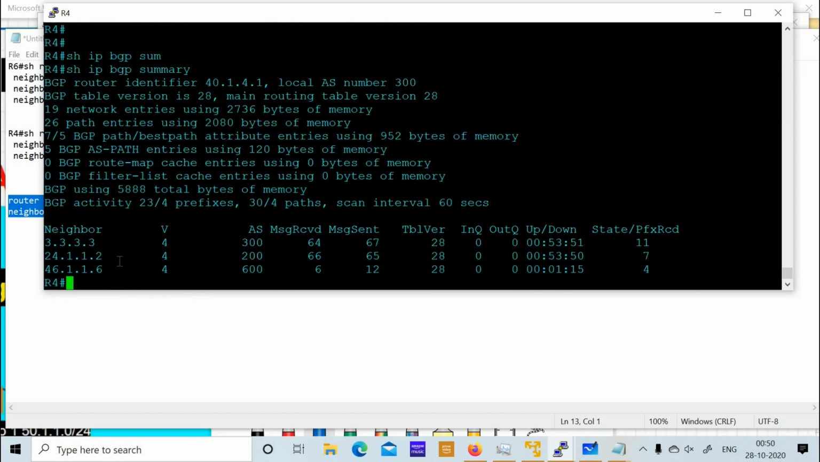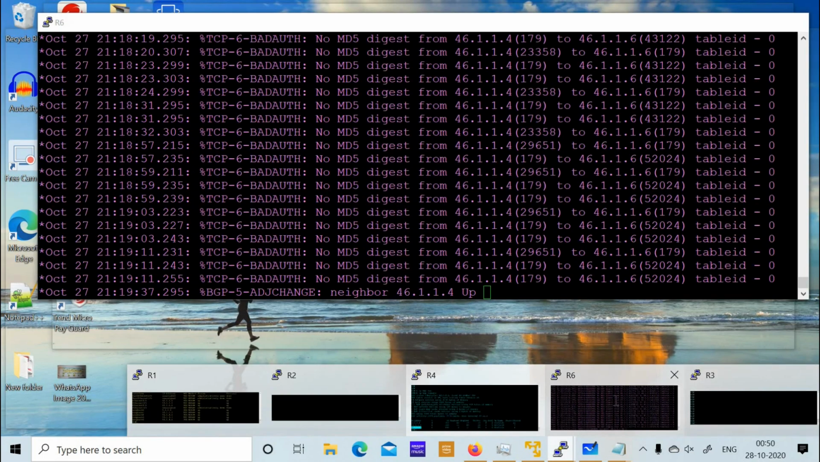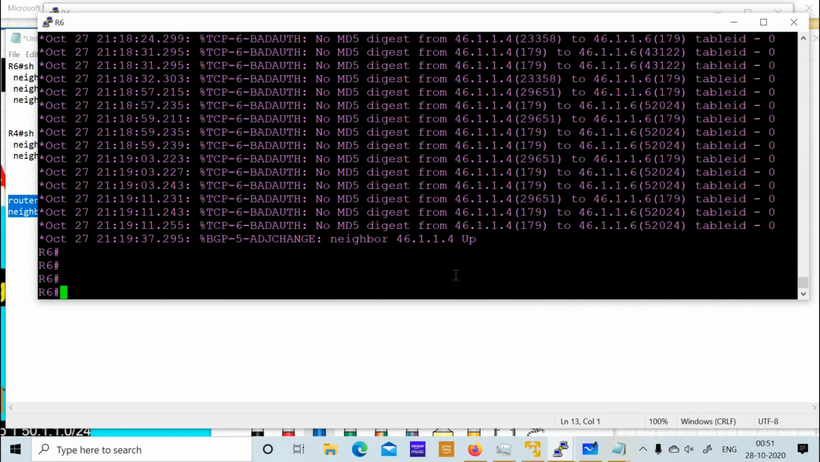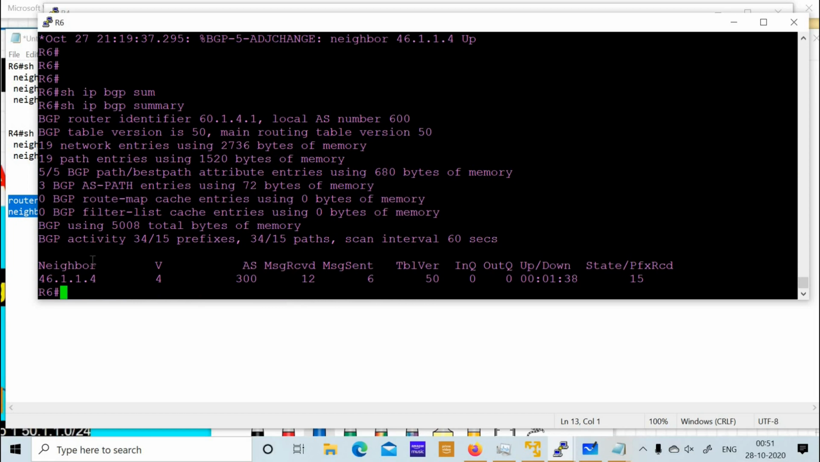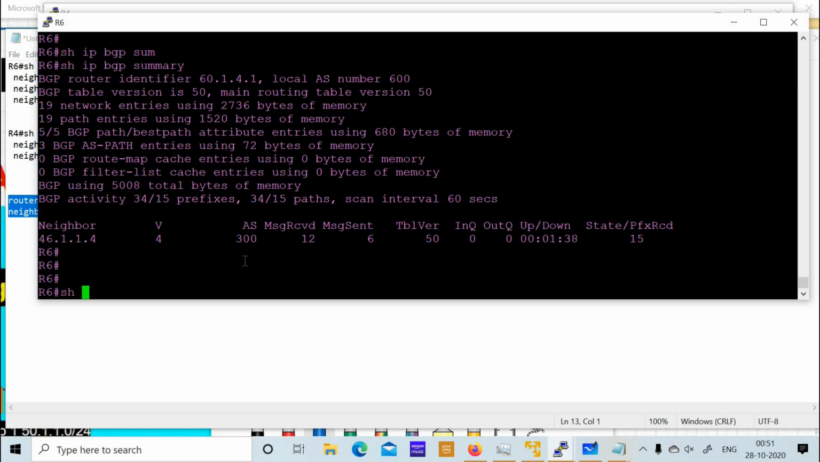Okay, so now the BGP is up with R6. Now let's check on R6 as well. On R6 you can also see that once this neighbor came up, that is R4 came up, these messages which were related to the password or the authentication have stopped. So let us check here also, show ip bgp summary. You can see here it is up now. So in this way we have made this neighborship up, but still we are about to get our